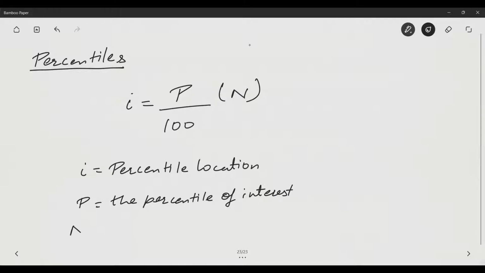And then at last, I think you all know about the n. So n is nothing but the number of values in your data set. Okay, now there is one more thing which you need to remember: